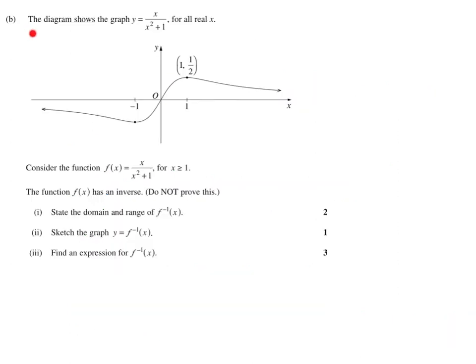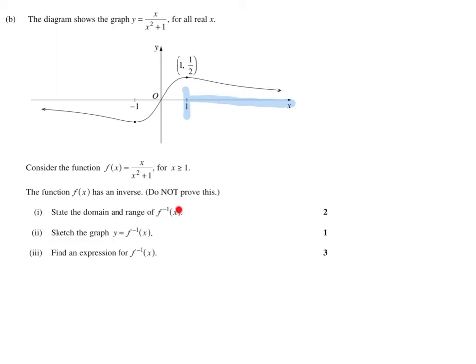Question B of 13. The question provides you the graph of y equal to x over x squared plus 1 for all real values of x. The question also tells you that this function has an inverse for the range x greater than or equal to 1. That means starting from here all the way. It asks you to state the domain and the range for the inverse